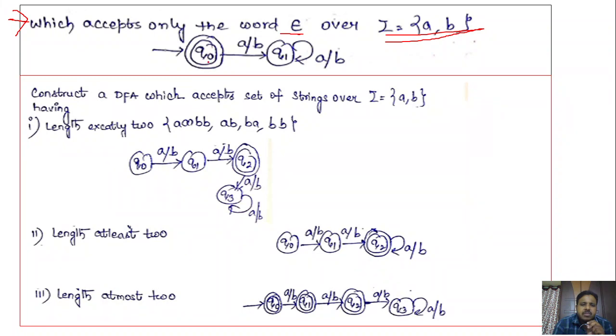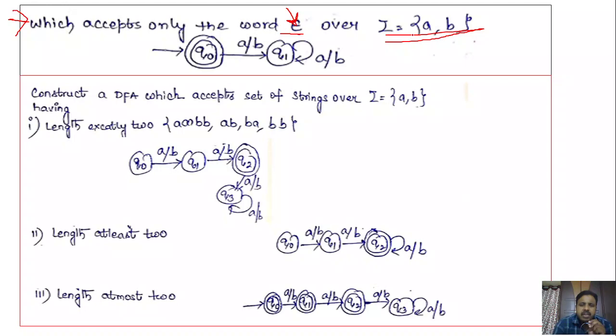So what it means, starting with state q naught, if you don't process anything, then you will be in the same state, right? If you are not processing anything, isn't it epsilon? Because epsilon is nothing but an empty string. Yes. So in this case you have to make the state q naught a final state. Okay. So that part we have completed. If you make the starting state q naught the final state, then this is going to accept epsilon,